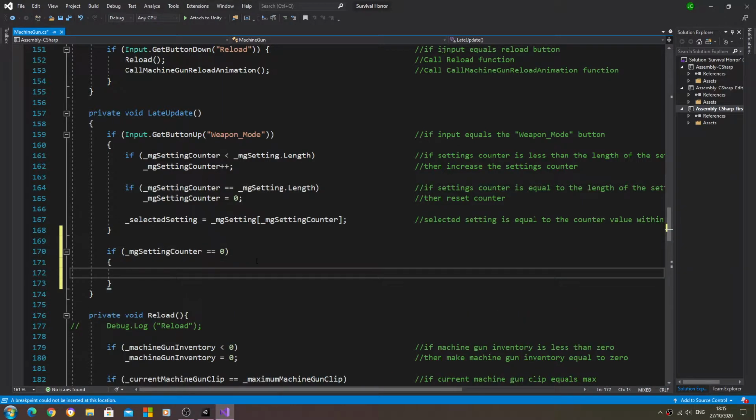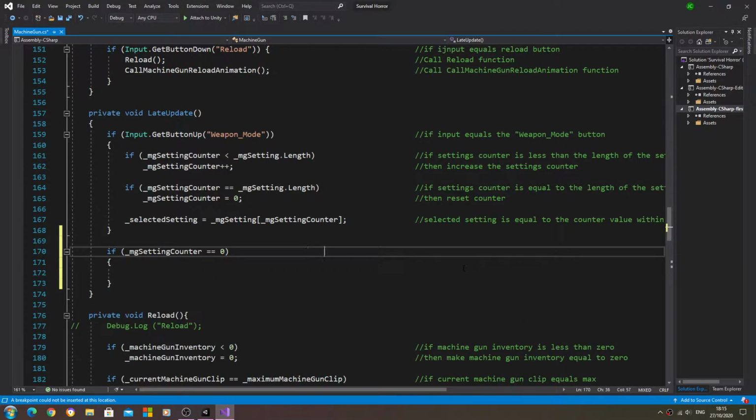We'll come to the end of the line and we'll open and close brackets again, and let's get this into the comments. So I'll say if the variable equals 0,